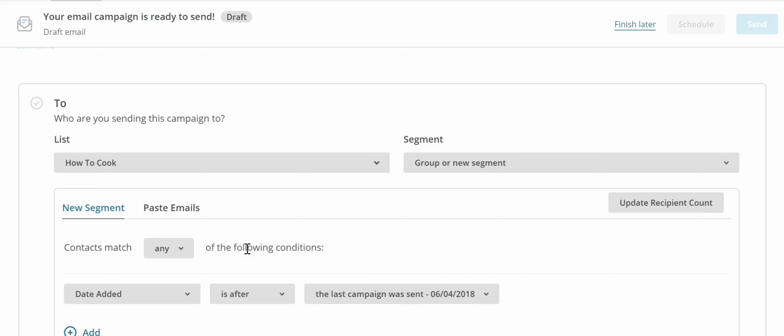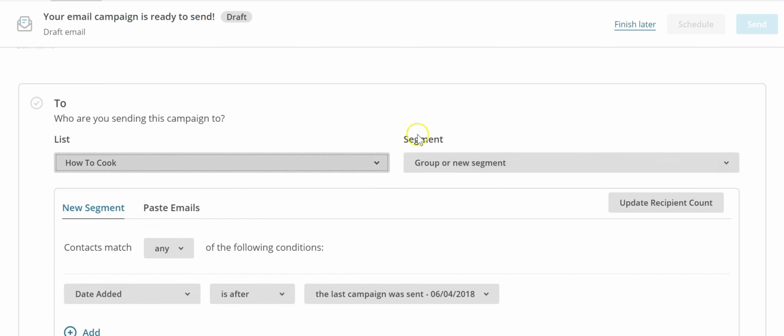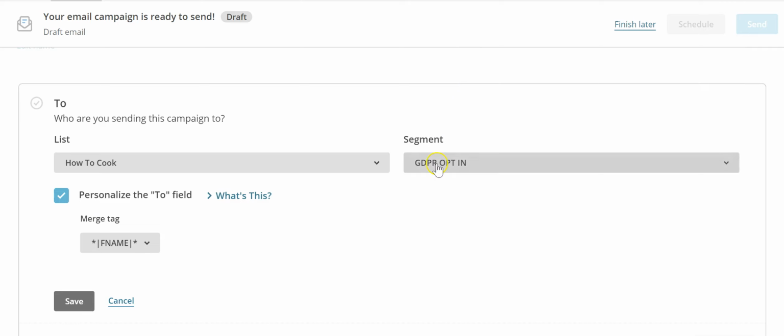I've been asked to do another video to show you how you can set up your Mailchimp to only send emails to subscribers who have GDPR opted in. So you create your campaign as normal. And when you come to your list, you choose which list you want to use, and then if you see that it says segment on the right hand side here, and you can say that you only want to send it to the people in your segment called GDPR opt-in, and that's a segment that we created when we